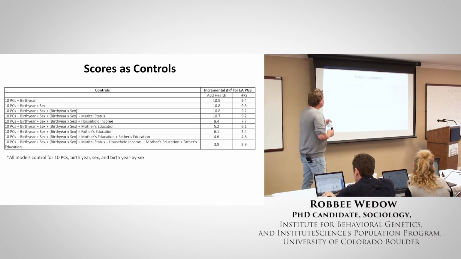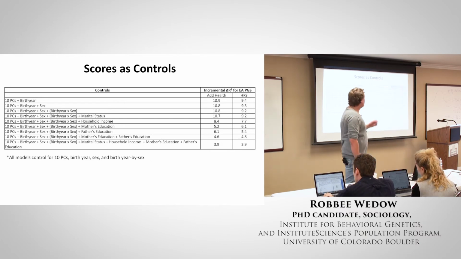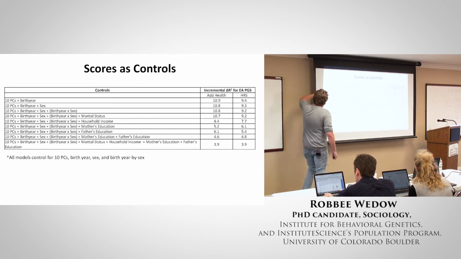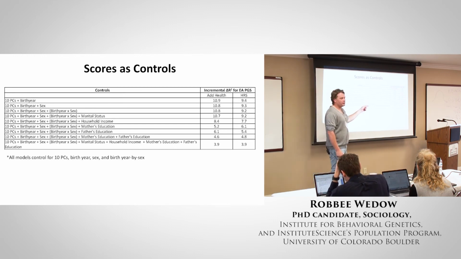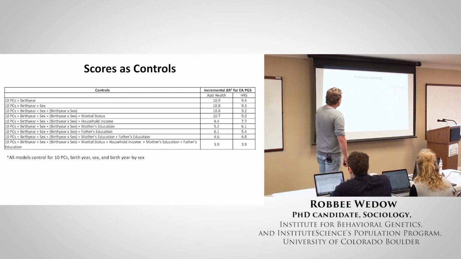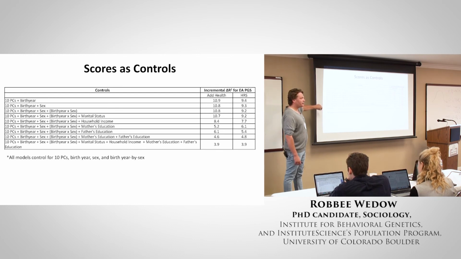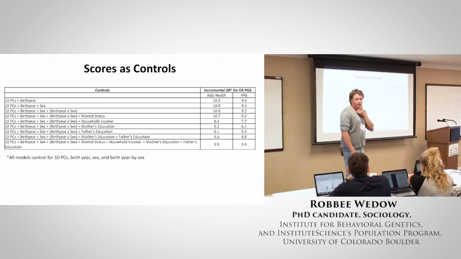Okay. So in this last analysis, we were also interested in what happens to the predictive power of our polygenic score as we throw in a bunch of controls. And so what we do here is on the left-hand side, we run the regression of educational attainment on whatever set of controls are here. And then we add in our polygenic score and calculate the R squared again. And so you can see here that we begin to see some attenuation when we start including variables, as we would expect, like household income, mother's education, father's education. But even after we throw the whole list of controls that we consider here at the regressions, we still have a relatively high incremental R squared of our polygenic score of about 4%